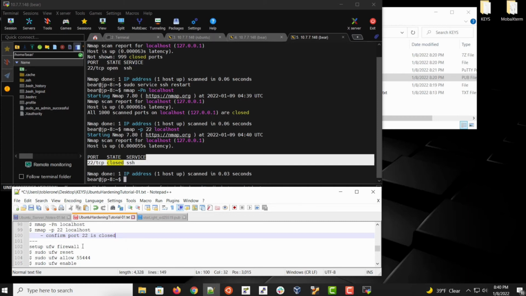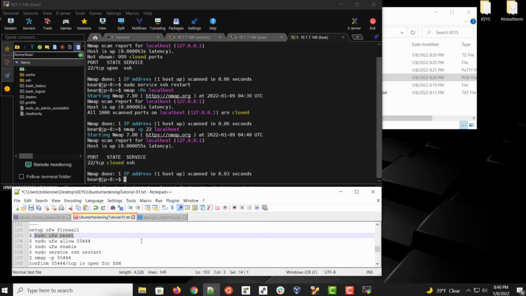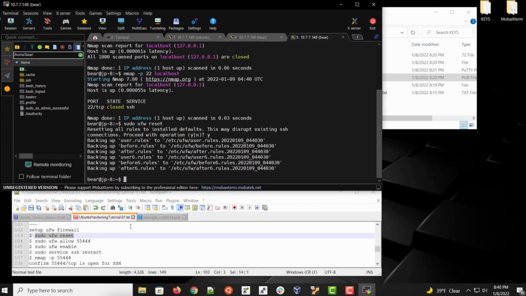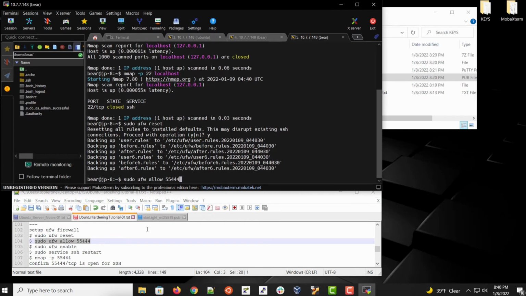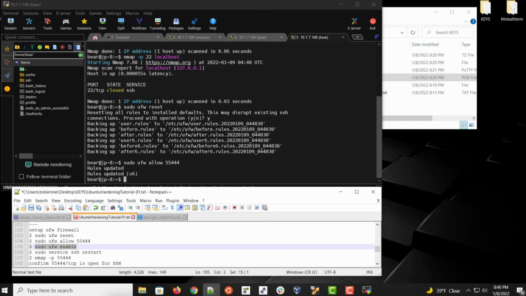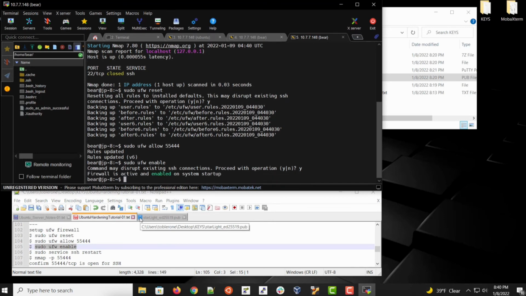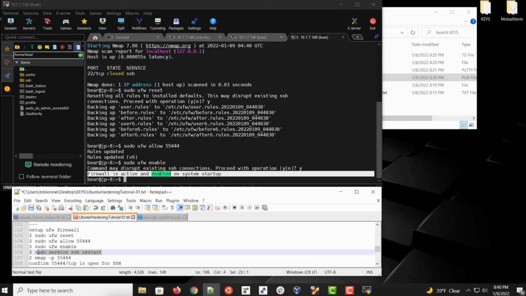Next, we're going to set up the UFW firewall. Let's start with the command ufw reset. This is going to clear out any rules that were there before, and we're going to add our first rule, which is allow port 55444. Next, we're going to enable our firewall. It was not enabled before, so we are going to enable UFW. And next, we're going to restart the SSH server,